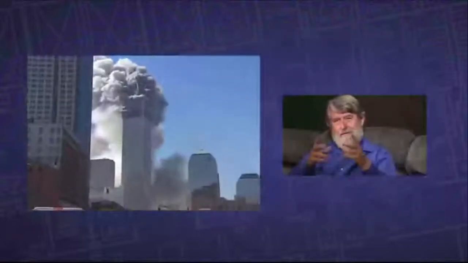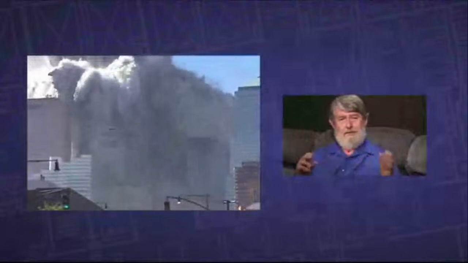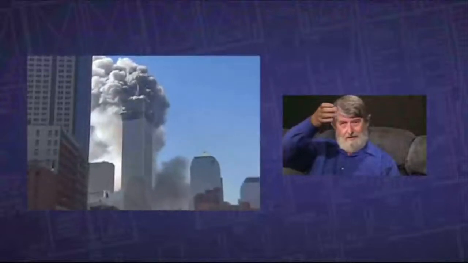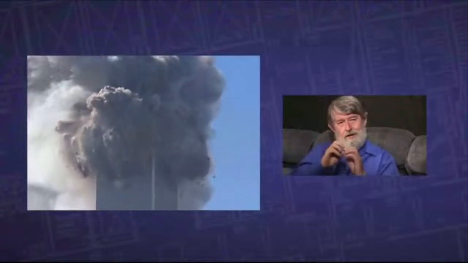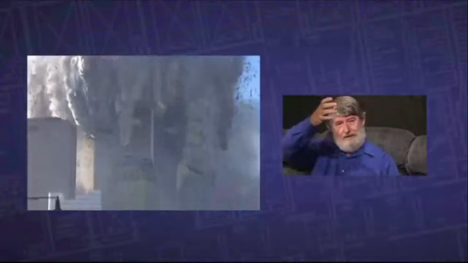This structure was capable of holding 3 to 5 times the weight. And here it is falling through it with the resistance of only 1/3 of its weight. Roughly 90% of the resistance has been removed. And what's happening is the top section is not crushing down the lower section like a pile driver, which is the picture that NIST basically is painting. It's actually falling into material that's already been pulverized, that's offering very little resistance. It's just coming down through